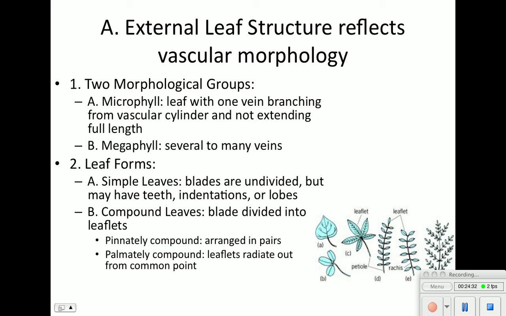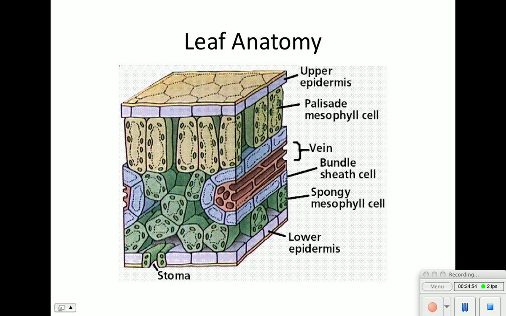They may have teeth, or they may be lobed. I'm not seeing teeth here, but this would be kind of lobed-like here. We have compound leaves. These are compound leaves. Right here, this is also a compound. This is a double compound leaf. We can have pinnately compound leaves, so they are arranged in pairs. This would be pinnately, and this would be palmately. Leaf anatomy, when we look at the